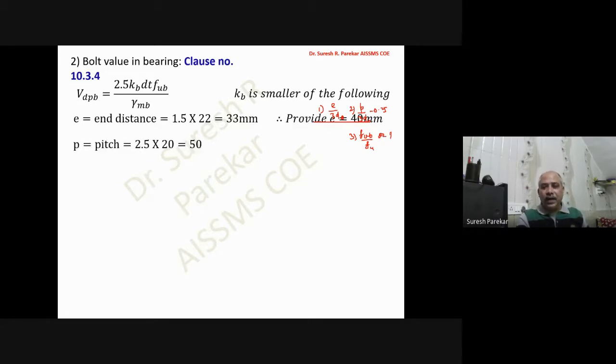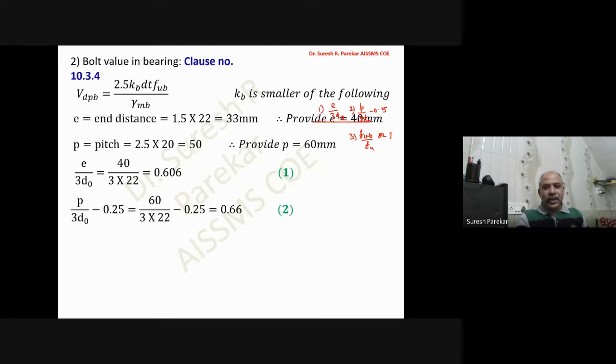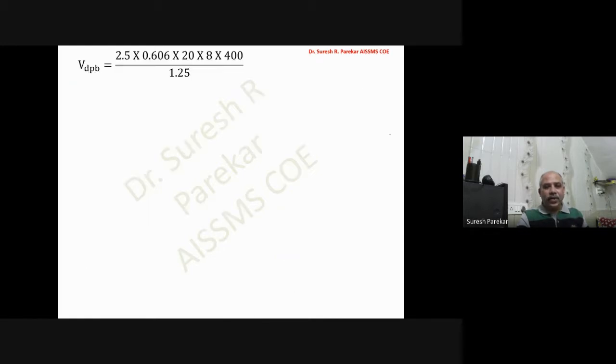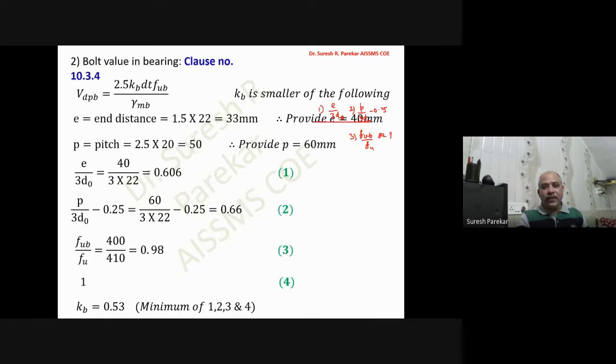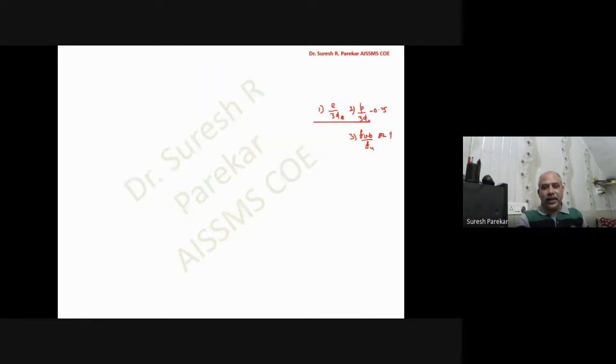And now we will take E as 40 mm, then P we are going to consider as 60 mm, and then we are going to get these values: E upon 3d naught, P upon 3d naught, fu,b upon fu, and 1. So we have the minimum, that is 0.53, and by using this we are going to calculate the value of VdPB, which will be 77.57 kilonewton. So we have VdSB, we are going to get it as